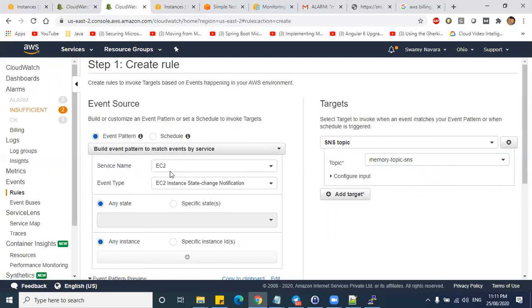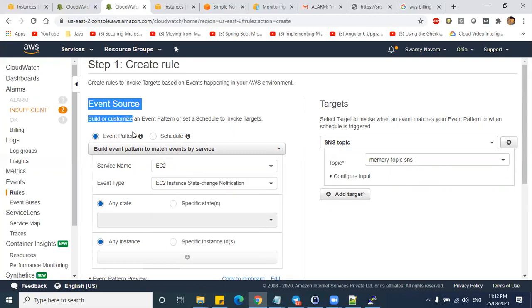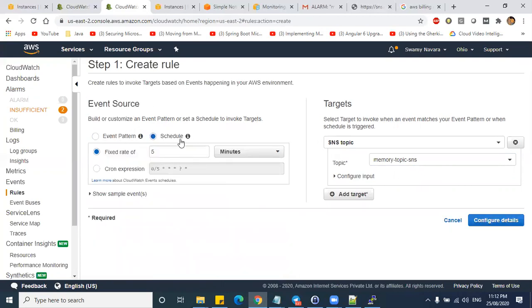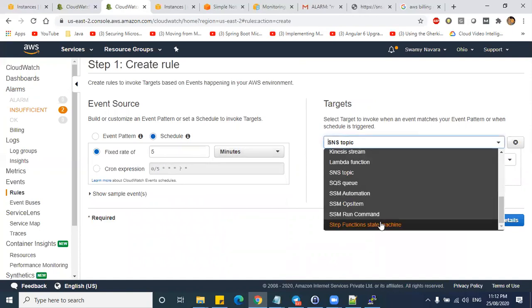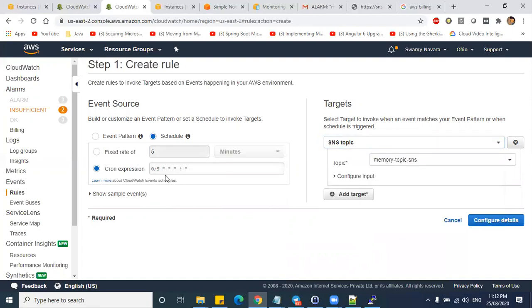This is the event pattern, based on the particular event. Say for example, if this is happening, then you need to do this one. When you know both conditions, condition 1 and 2, then you will be using this event pattern source. Otherwise you will use schedule. If you see under scheduled rules, there are two things again. It might be a fixed time configuration in minutes, hours, or days. For every 5 minutes, execute a Lambda function or take a backup of the snapshot. Otherwise, you can give the cron expression.